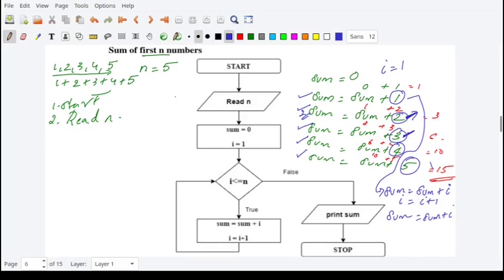Okay. In order to do this statement, again I have to change the value of I to 3 from 2. So, again, currently the value of I is 2. To make it 3, I will do what? I is equal to I plus 1. Okay. Now, again, I have to do the next step, which is sum is equal to sum plus I. And now I have sum is equal to sum plus 3.